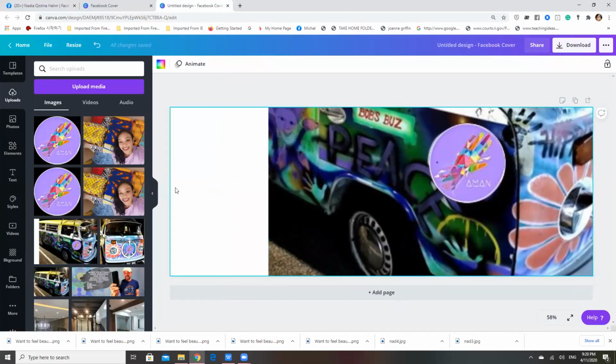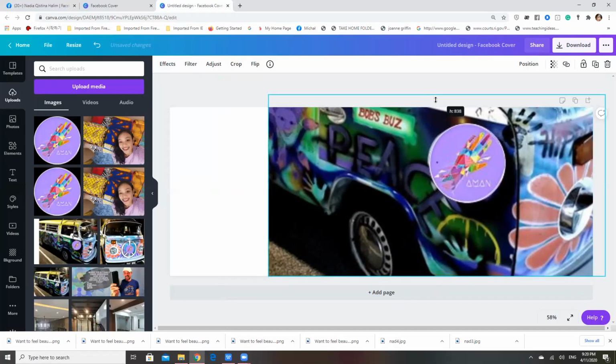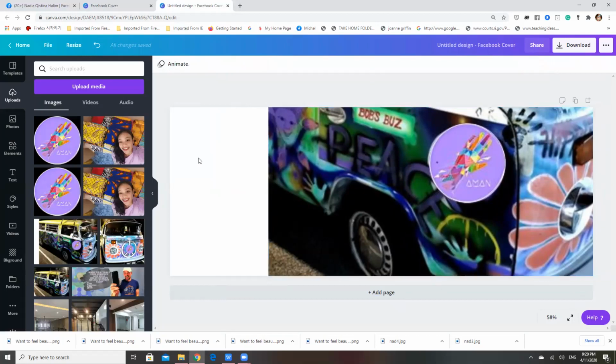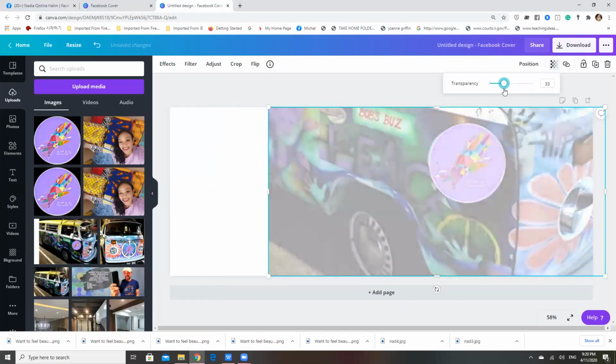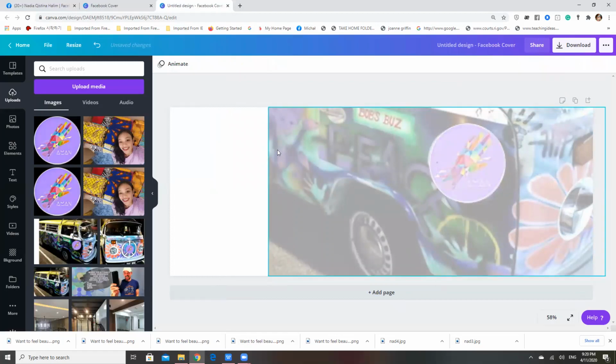I'm happy with that. Now, I don't want these colors to be so bright, because I mentioned to you it's better if the design is quite clear, if it's not too busy. So you have these functions on top. When you click the element, the functions appear. See, I click it, then they appear. If I click off somewhere else, then they disappear. So I click the element that I want to edit, and then I'm going to use the transparency mode. Now the picture is not transparent, but I want to make it transparent. So I'm going to use 35%, for example, for this picture, and I have nice pastel colors,